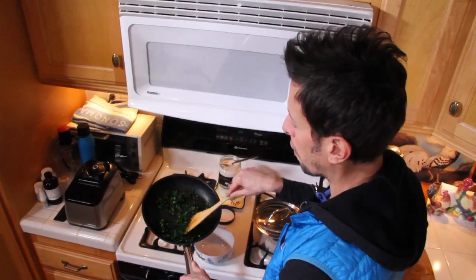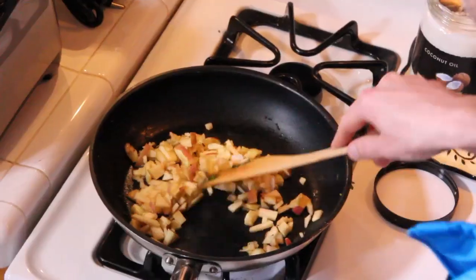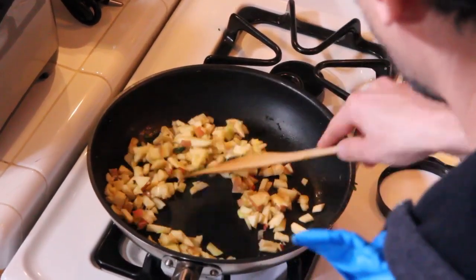Now the kale's looking good after about 4 minutes with a little bit of Himalayan salt. Go ahead and set it aside. The apples are gonna be more sensitive. They're gonna cook down quicker because of the water content, so maybe about 2 minutes or so. So our kale is sauteed, our apples are slightly browned and cooked down for about 3 minutes, and also our quinoa